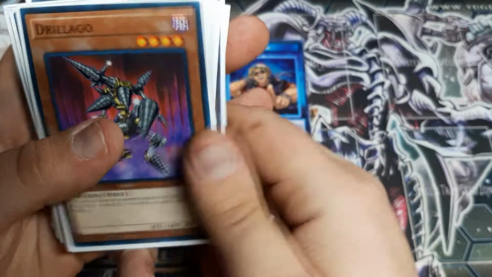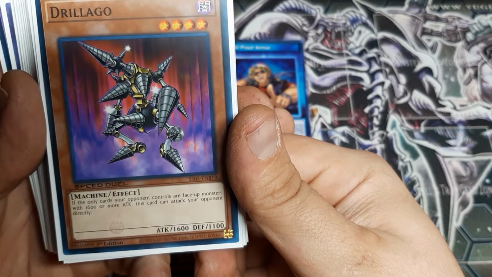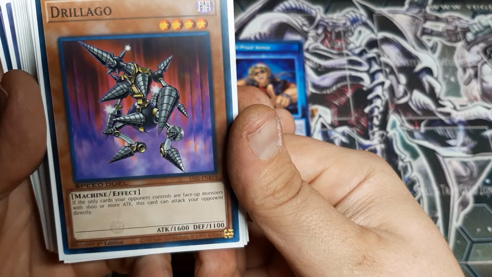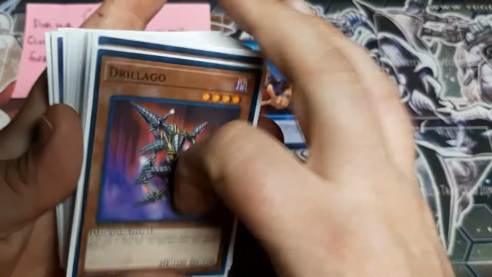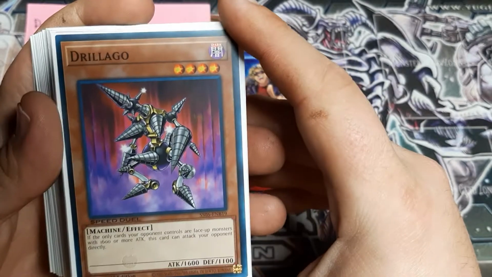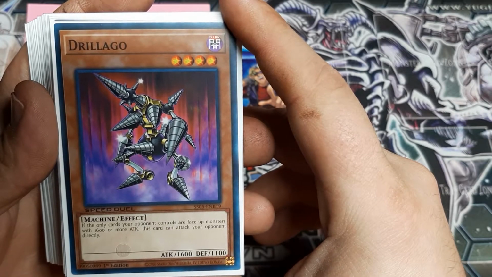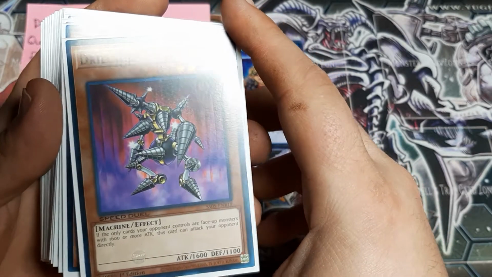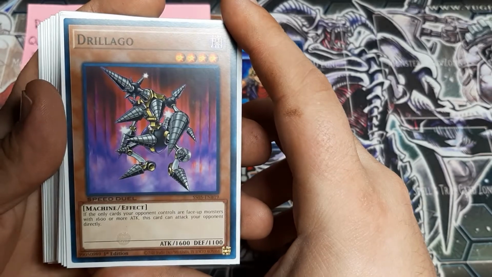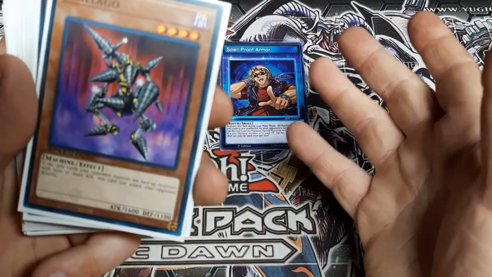We just play 2 Dragon Lago's in here because he's mid-range. If the only cards your opponent controls are face-up monsters with 1600 or more attack, it may attack directly. Again, if somebody doesn't have a trap card to set, chances are they're just going to hold their cards in their hand. At which point, this could also very well be game, because again, if your opponent has a larger fusion monster, just like a Blue-Eyes White Dragon, and you have this character, and that's the only card they have, or